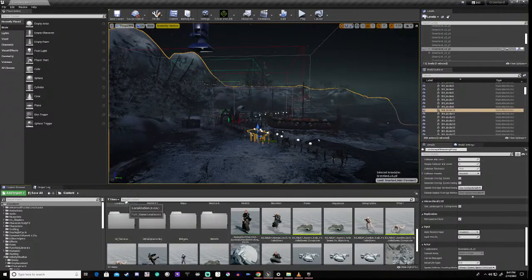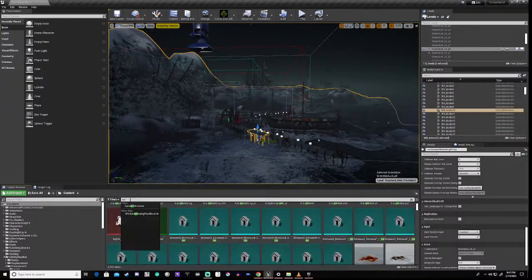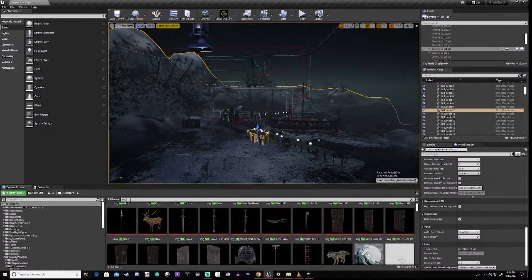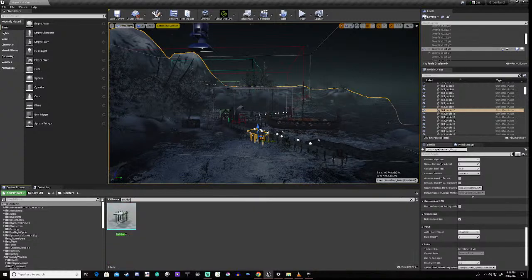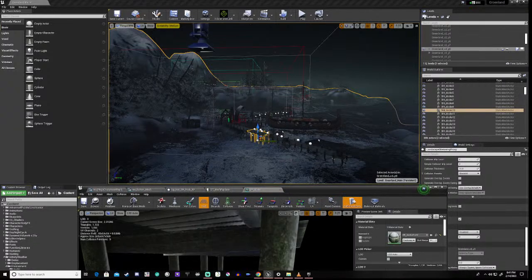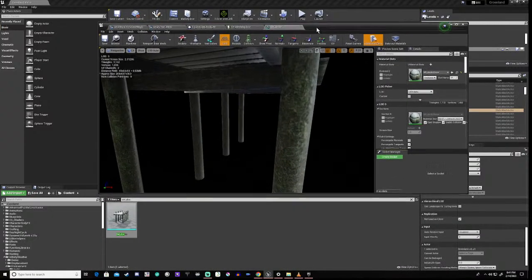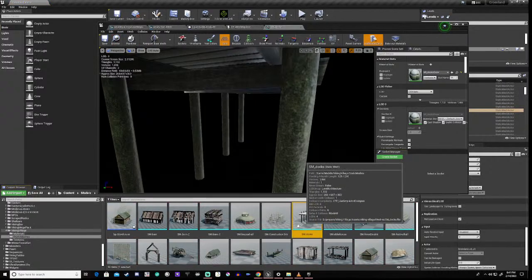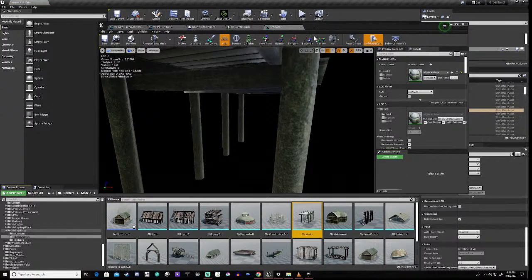We need to open it and then browse to it. Damn. SM underscore docs. So if we open up the static mesh, we can then browse to it. Okay, so here it's here. And then we can close this.